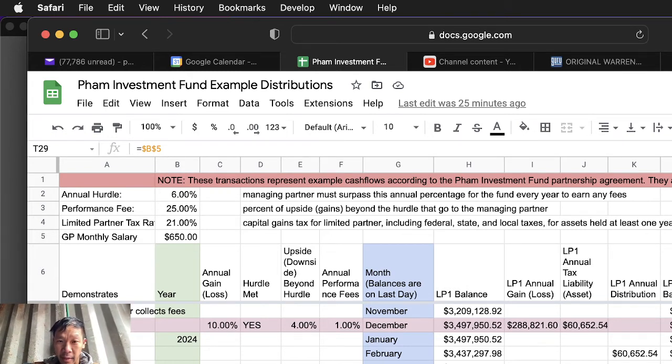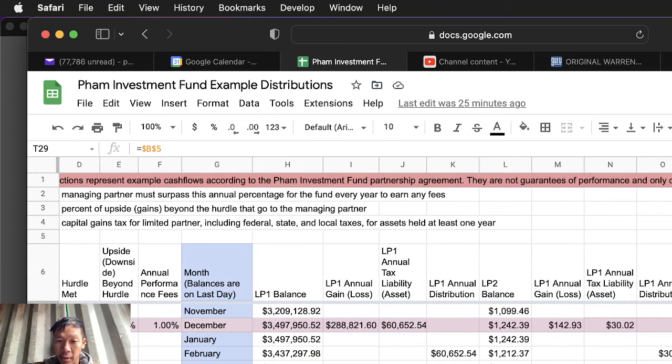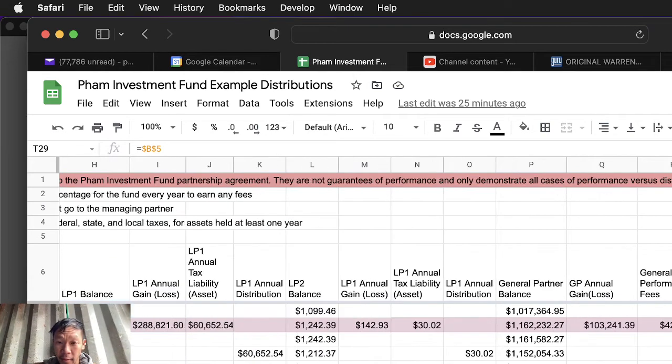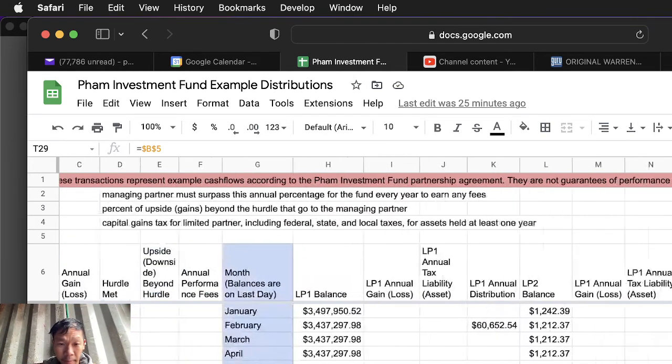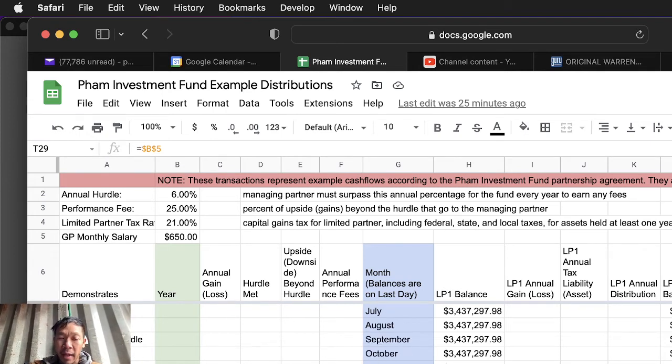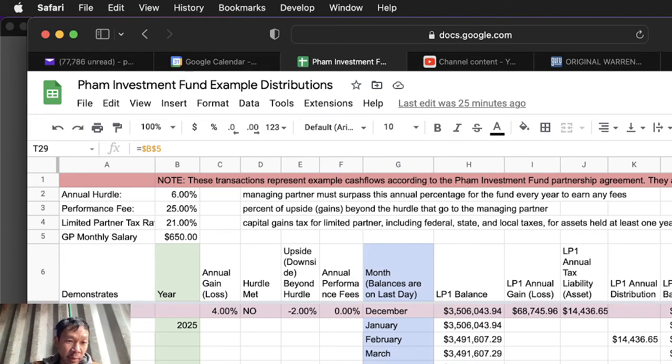And this is the gain and tax liability for LP1, the gain and tax liability of LP2. And then the general partner still experiences the gain less than the hurdle, but no performance fees here. And it could be a period of years. So the general partner is definitely playing the long game. And on average, we'll have enough to live on from performance fees. So next year, 2025,